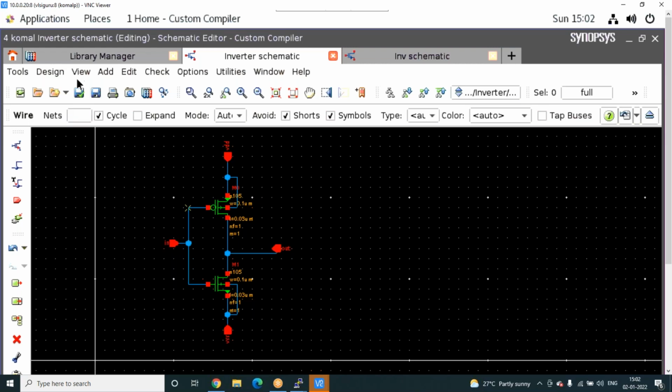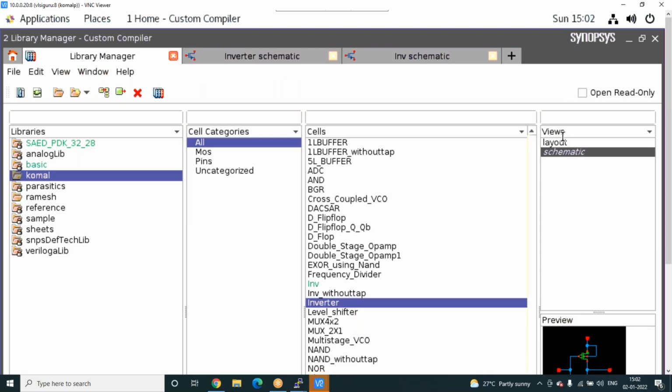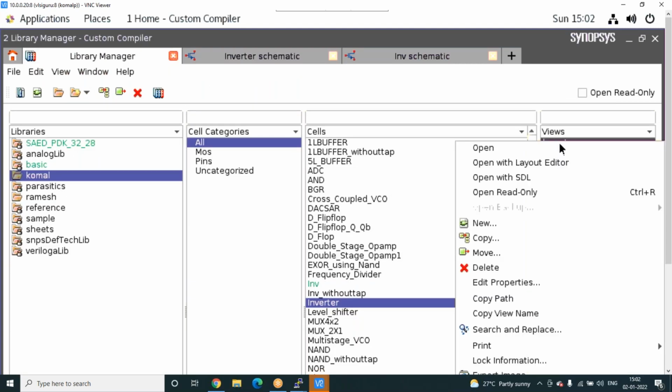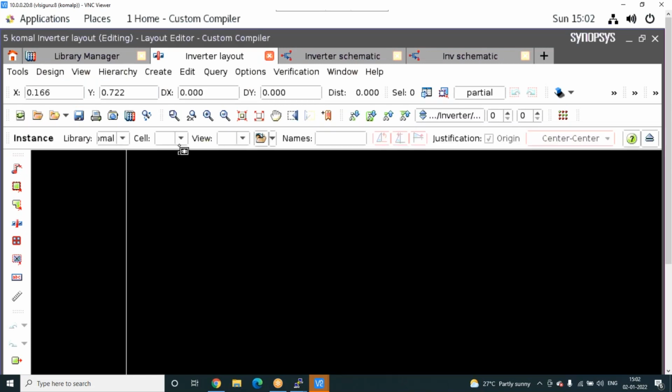If I click here, you can check and save. Okay, so these are the 4 terminals: source, drain, gate, and this is the body. This is done. Now its layout will start next. If you see, nothing is there, so you do a PMOS layout.